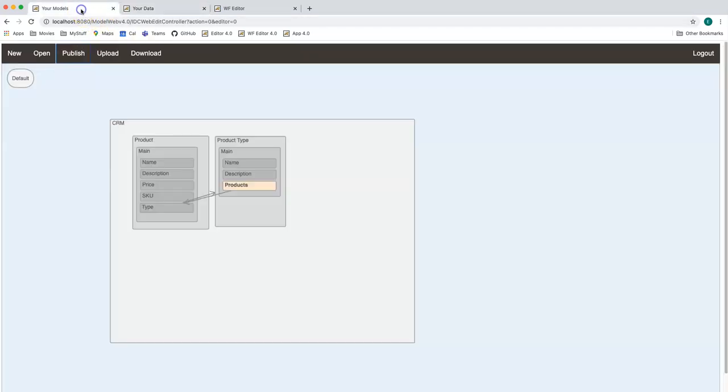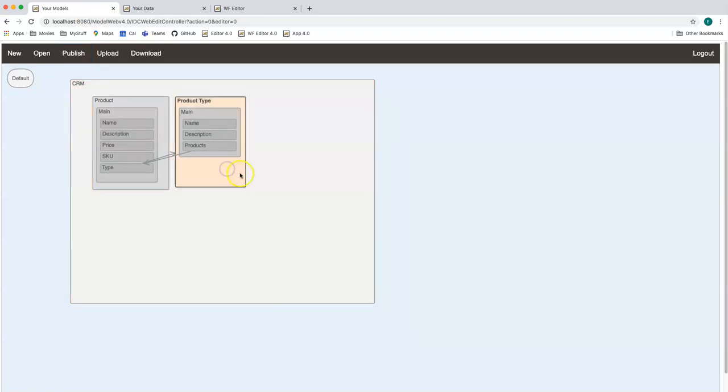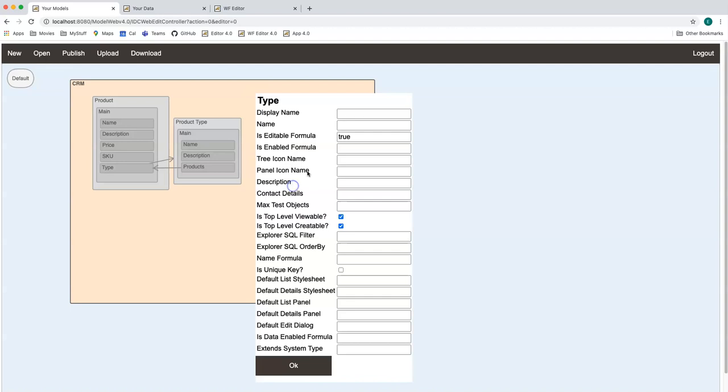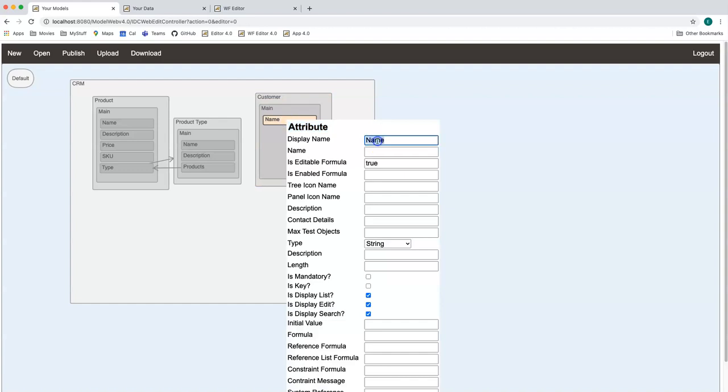So go back to the model, and this time we're going to talk about our customers. Make that look a little bit better. Right, so we create a new data type for our customers. But this time the name doesn't really work for me because it's more complicated for customers. We need a title, a last name, a first name. So if I change that to a title,